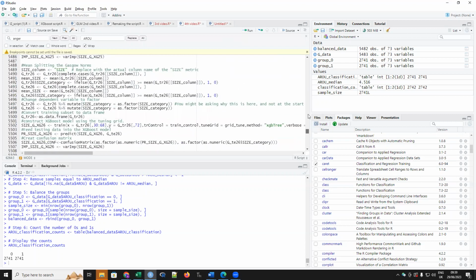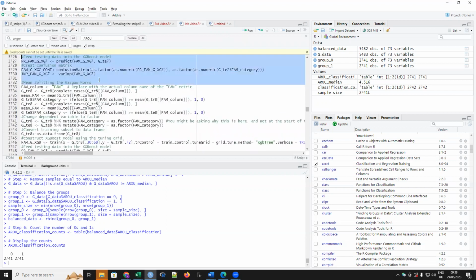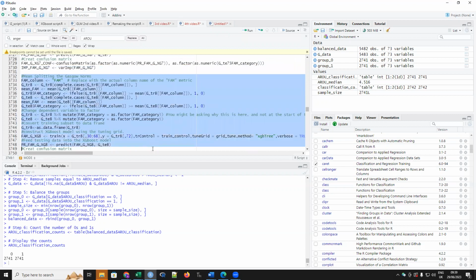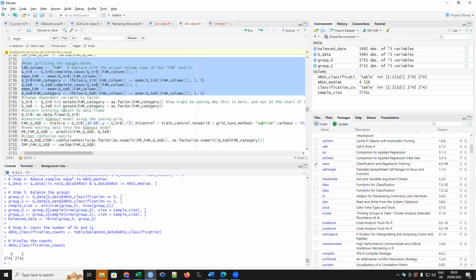So let me just grab any one of these models. Here we have a mean split model of the Glasgow norms. The code here, from here to here, is creating the column for the categorical dependent variable that we use for classification.